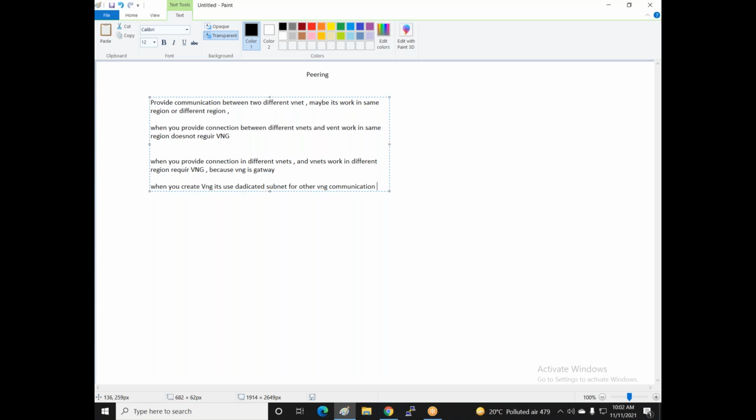If you create a network to provide communication between two different regions, you keep some space free for that one subnet. You don't block the entire subnet. You can free just some IPs, like 16 IPs or 32 IPs, depending on you. Because VNG to VNG requires a dedicated gateway.